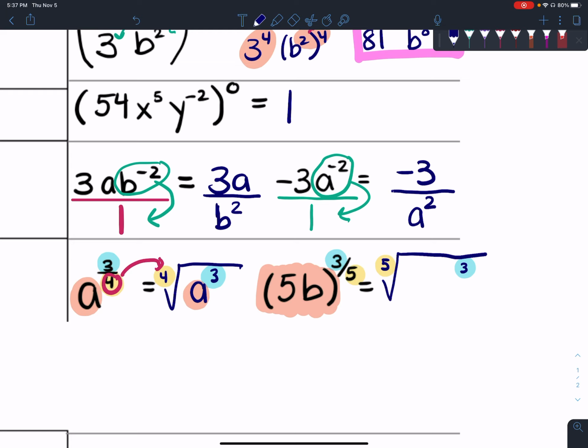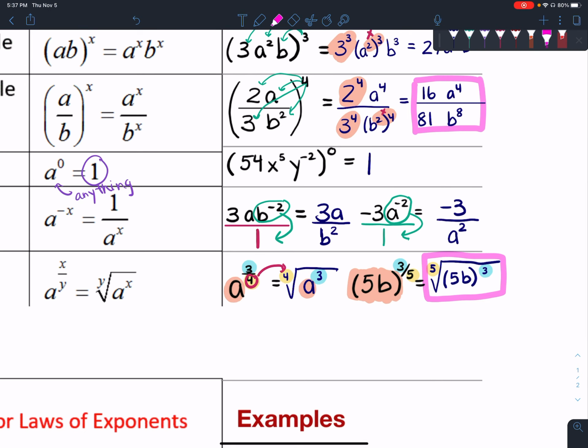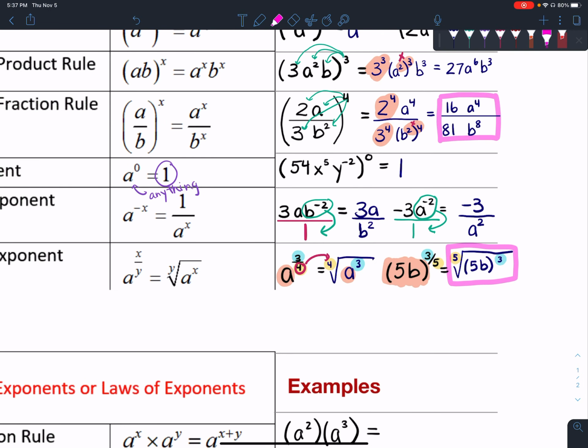So this entire thing is my base, which means the entire thing with the brackets needs to go in there. Okay, so that would be your answer